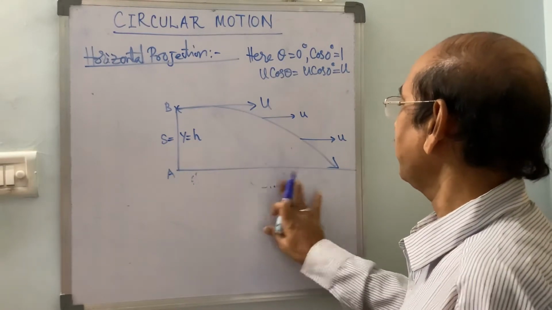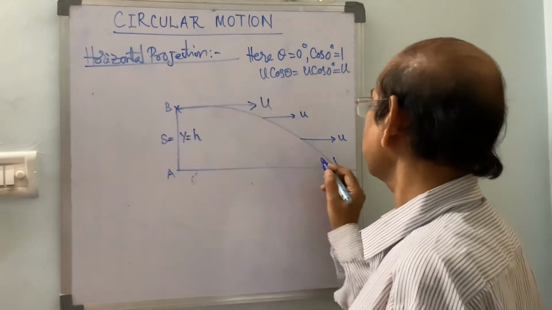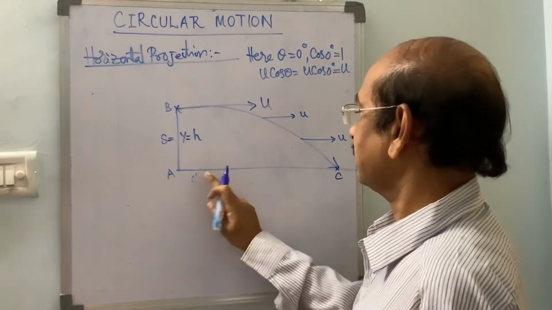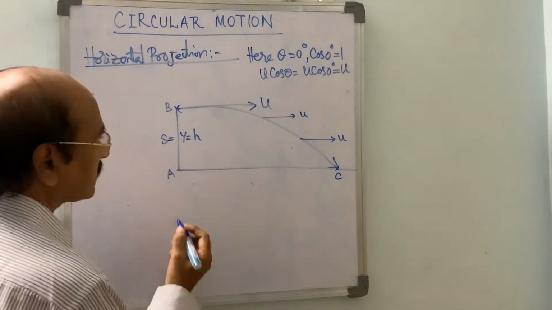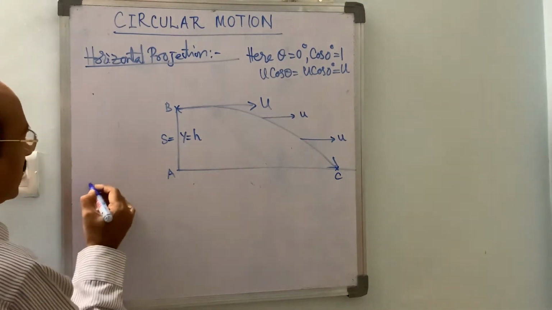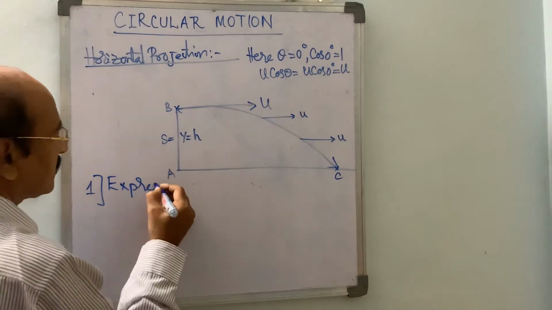So when the body, moving in the horizontal direction, reaches the point C on the earth, now here in this case, the expression for horizontal distance traveled is